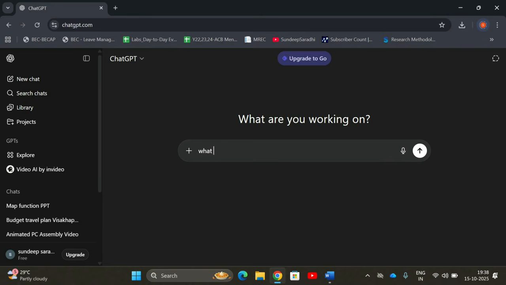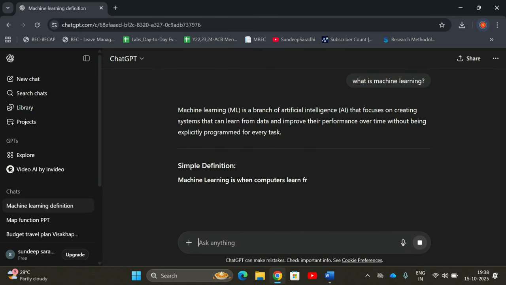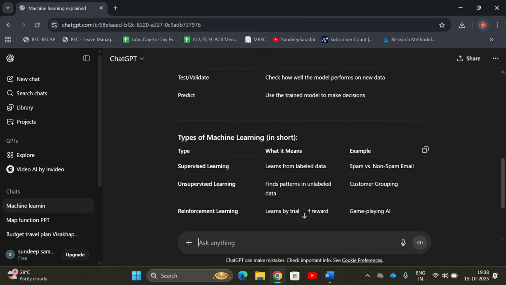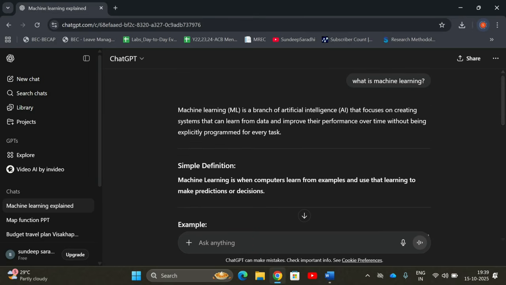So I am giving the prompt, what is machine learning? For that I am getting a lot of information. See, machine learning, simple definition, example, key steps, types of machine learning. So all these things we got. And if I am just rewriting the prompt, what is machine learning, or define machine learning